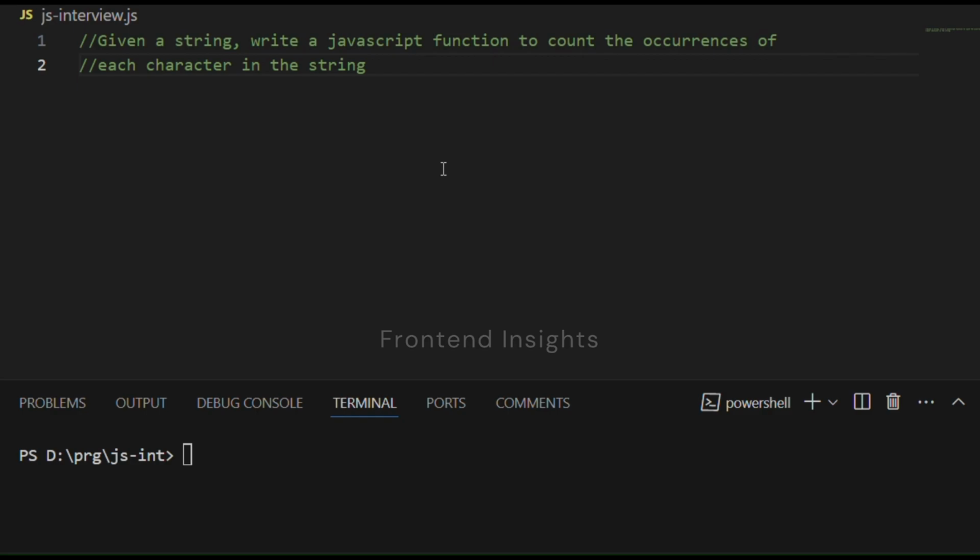So let's get started. Let's understand what the task is first. We need to write a JavaScript function that takes a string as an input and tells us how many times each character appears in the string. Let me give you an example. If the string is hello,